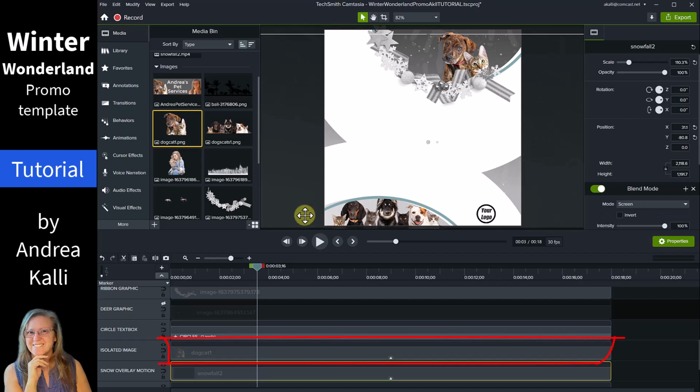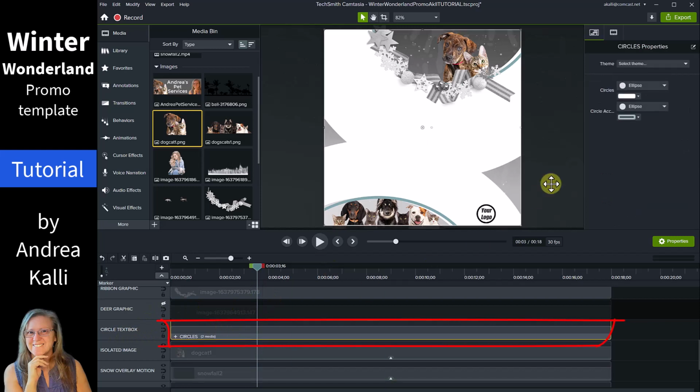Okay. The next thing I want to change is this text box area. These circle shapes are really what I'm using as my text box, as well as these little blue colored accents. So let me change the text box color. I'm going to turn that black. So here's the circle text box track. I will select the group, go over to the right in